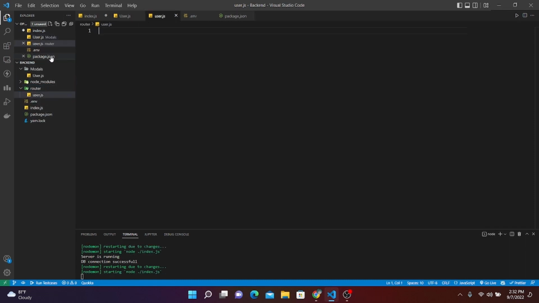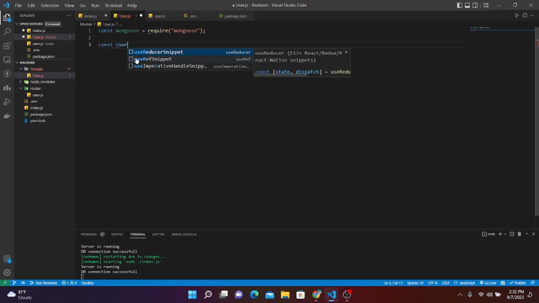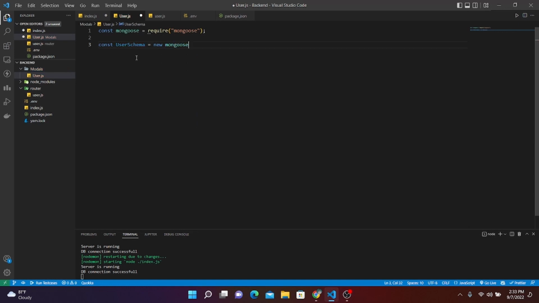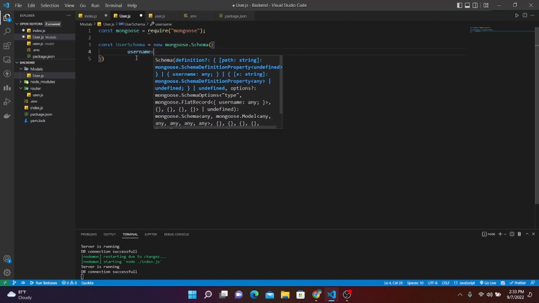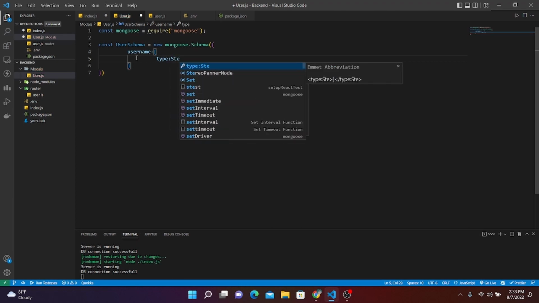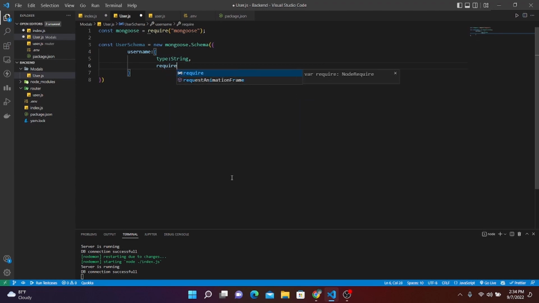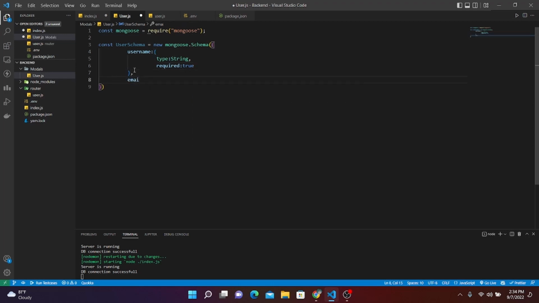let's write a user.js. Let's write const mongoose is equal to require mongoose, and after that let's create our user schema and write a new mongoose.schema, and here let's write our username. Let's write type and let's write string. Let's write required will be true. So after this username, let's write our email